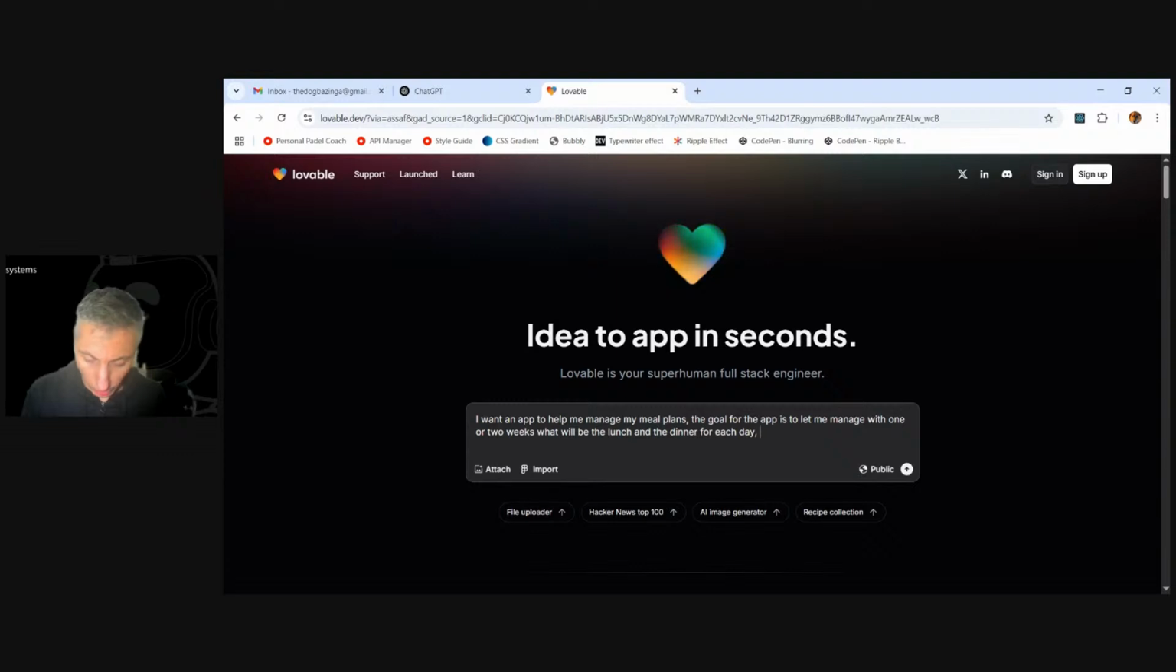Okay. Well, let's give the prompt a little bit more context. I'm doing this because I need to keep a healthy diet, because I really need to control my blood sugar levels. Okay, cool. So I want to manage the lunch and the dinner